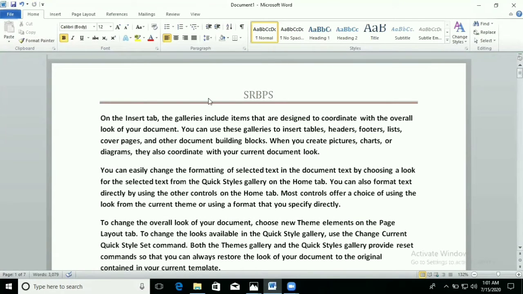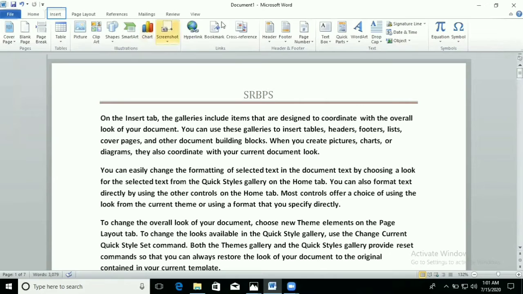So one method is to double click on the top margin of your page, and the second method is to click on the Insert ribbon. When we click on the Insert tab or ribbon, you will see the Header and Footer group here.